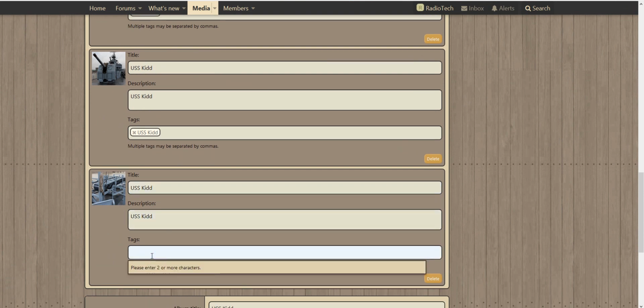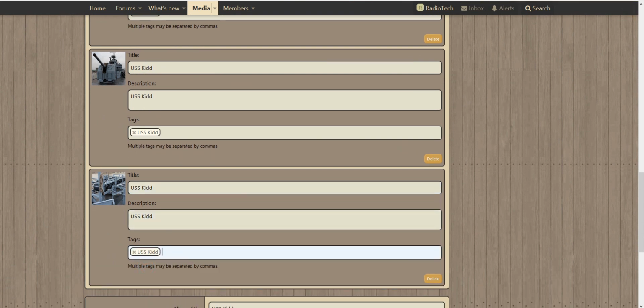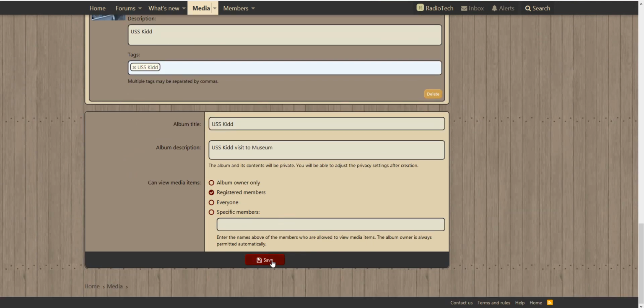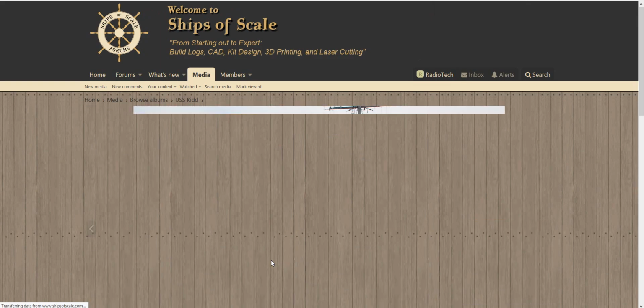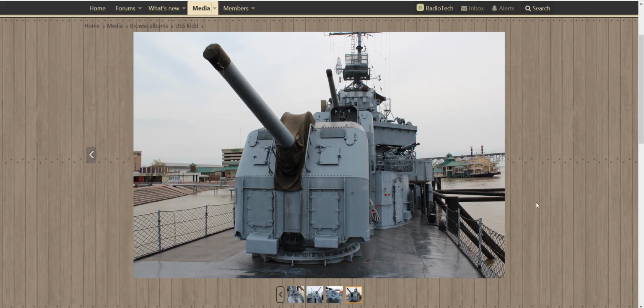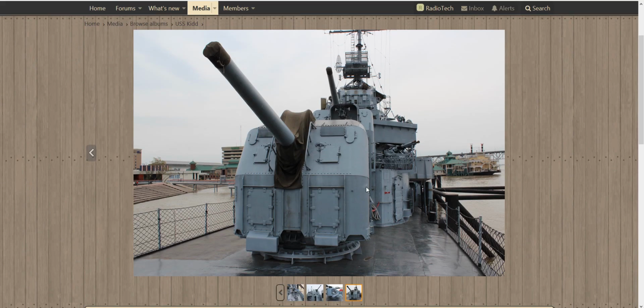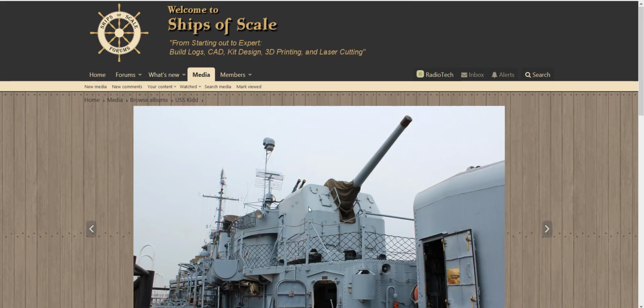It's just a shortcut. And there we go. Save that now. So here we go. Got some pictures of the USS Kidd in Louisiana, United States. Okay, so